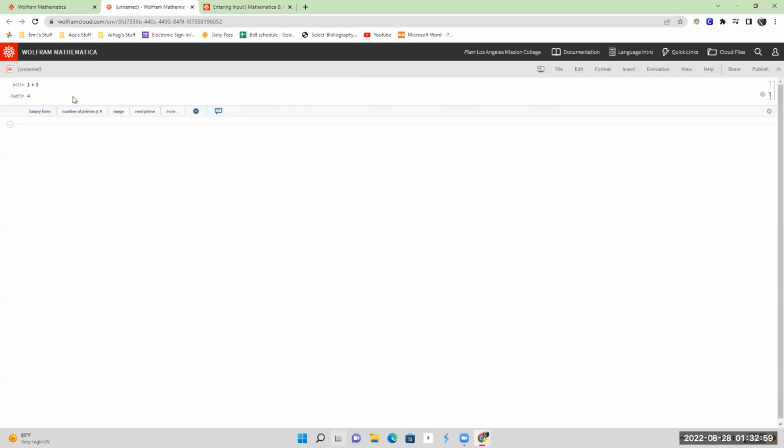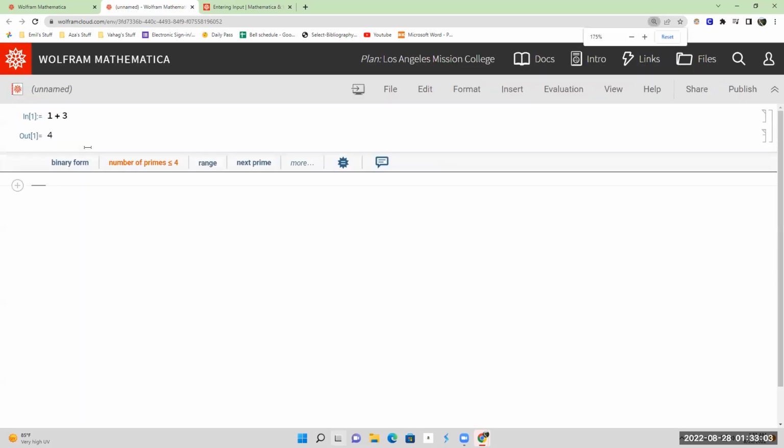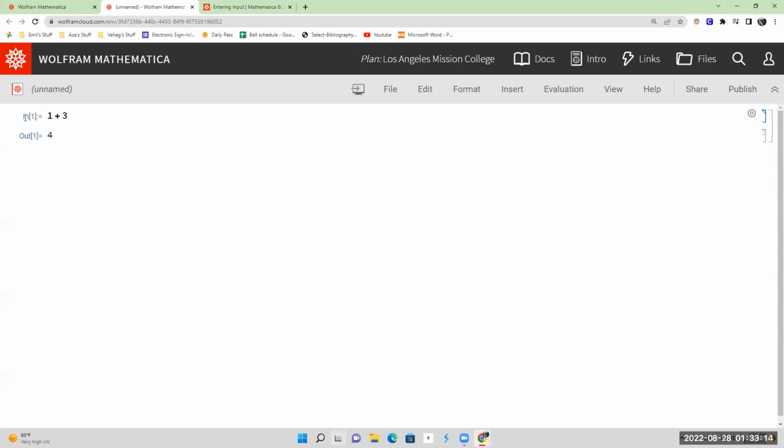As you can see, Wolfram, first of all, numerically identifies the line that you have entered the command. In this case, I just asked it to add 1 + 3, and it occurred in input line 1, and then based on the input 1, it has outputted 4, and it has stored it